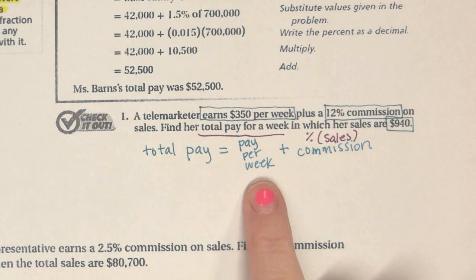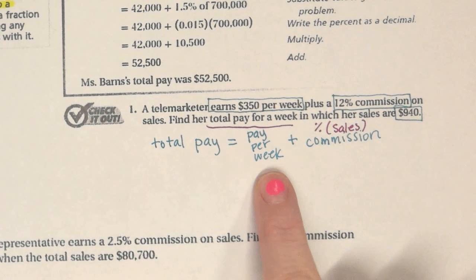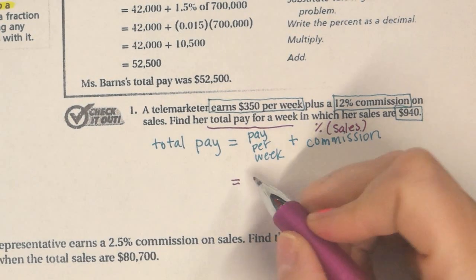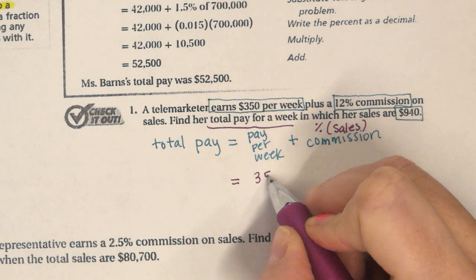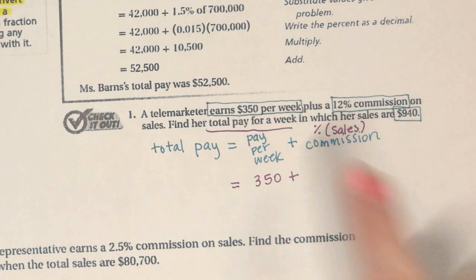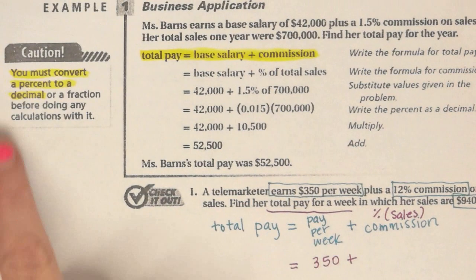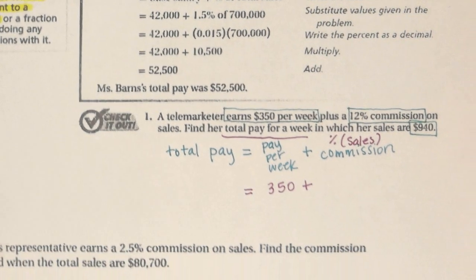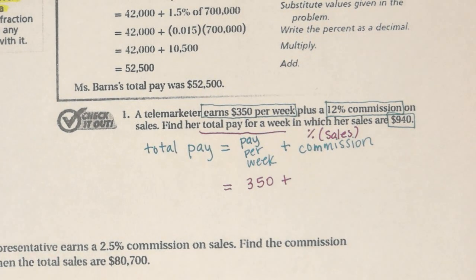And then the pay per week, can anybody tell me how much she's getting paid for the week? Yep, $350, great. So we're going to plug in $350. Okay, now for the percent, we talked about how when you have a percent, you have to write that as a decimal. Okay, so if you're writing 12% as a decimal,